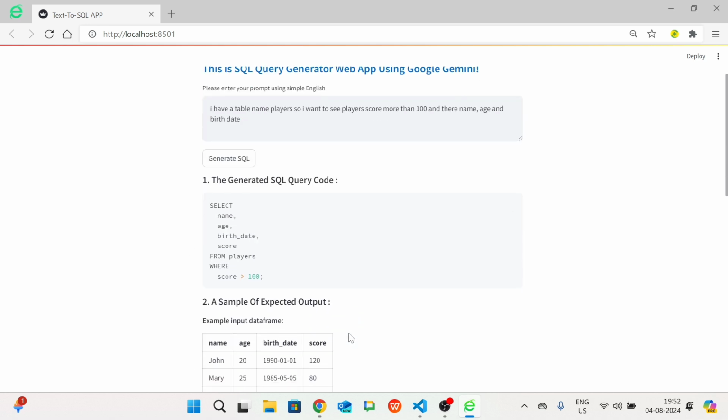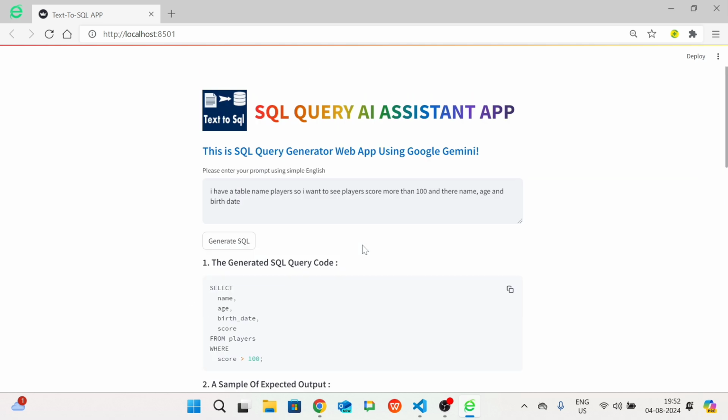So this was the application of what we have done today. What does this code provide? A complete flow. Complete flow for what? Generating SQL queries from natural language input. Natural language means our English, what we talk. And it showcased a generated query, a sample output, and an explanation of the query using Google Generative AI services, and streamed it for our web interface. So this was all about today's application.